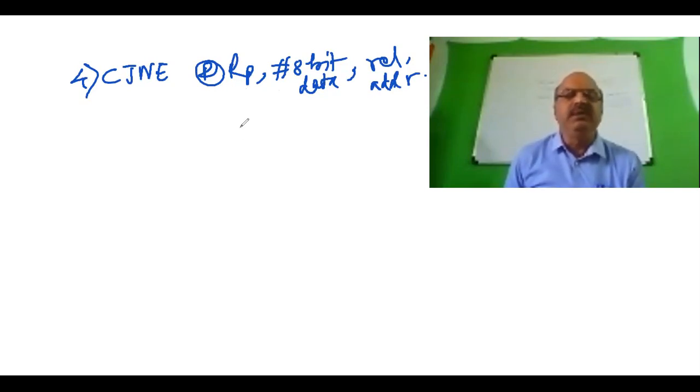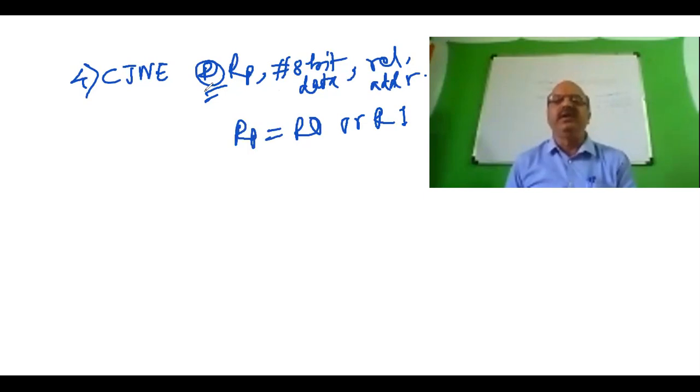Here RP means R0 or R1. Either of these two registers you can use. Correct. So it is an indirect addressing method we are using because it is address at. When this sign comes, naturally it is indirect addressing. So we are providing the address of the data, address of the first data, either in R0 or in R1. We are not providing the data in R0 R1, we are providing the address of the data. So address is a RAM address, 8-bit RAM address. So that RAM address we are providing in R0 or R1.